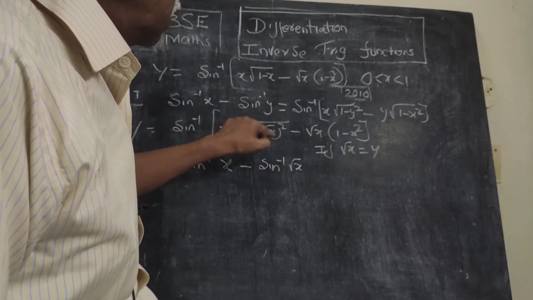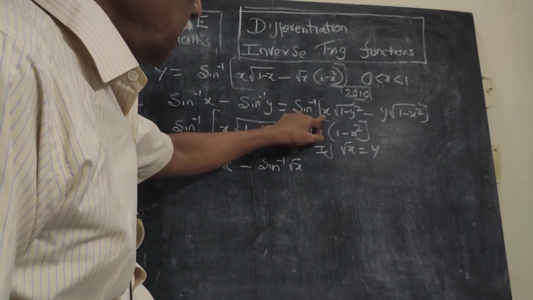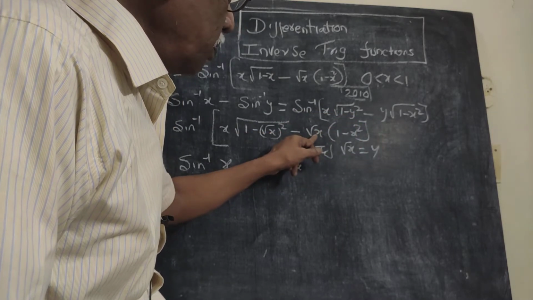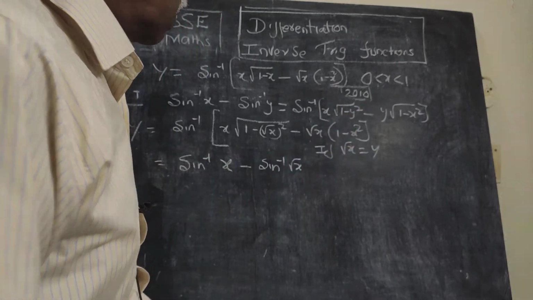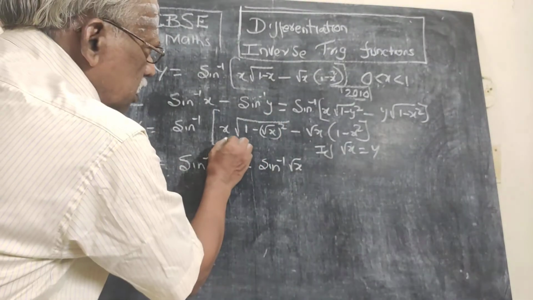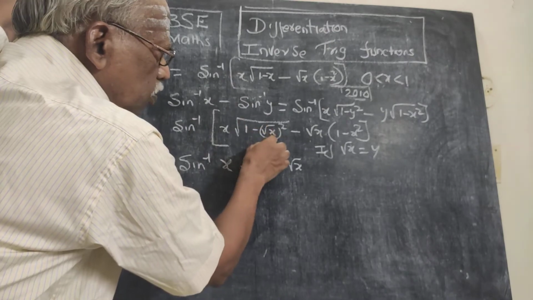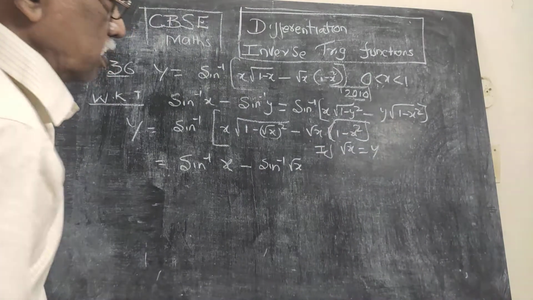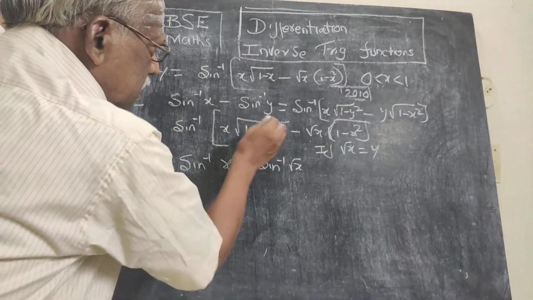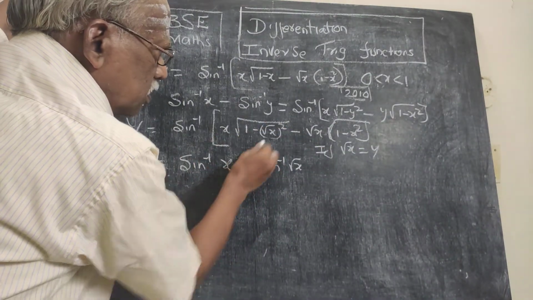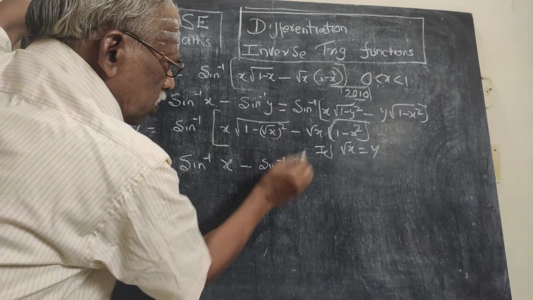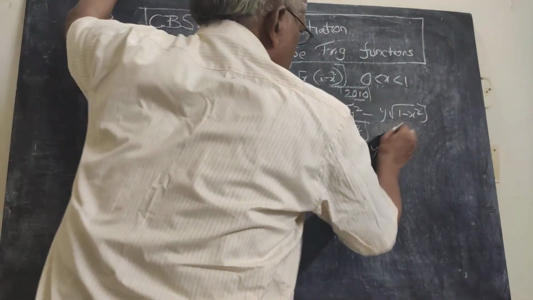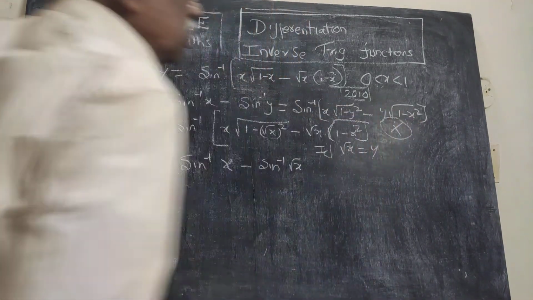The result is now this part. I am rewriting this x, this y square, therefore root x the whole square. Instead of this y, I am putting root x, and this is as it is. Now the problem reduces to x root of 1 minus y square minus y root of 1 minus x square. Therefore I can write sine inverse x, instead of y I will put sine inverse of root x. So if you remember this formula, the problem becomes very simple.